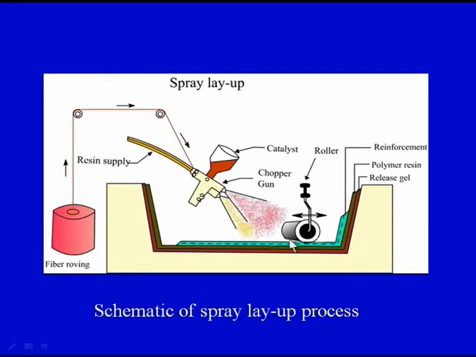The thickness will depend upon the number of times we spray this particular mixture on the mold. So it is sometimes difficult to control the thickness of the composite part being made by the spray layup process, which may be one of the limitations, but it is a very good process when we want to make a composite material in which the fibers are randomly oriented. We further need to study the advantages, limitations, and applications of the spray layup process, which we will take up in the subsequent lecture.